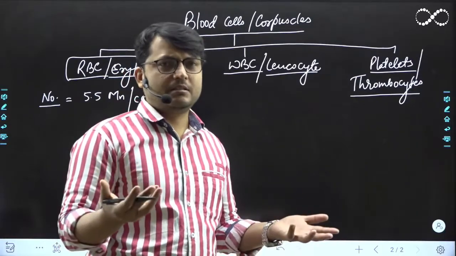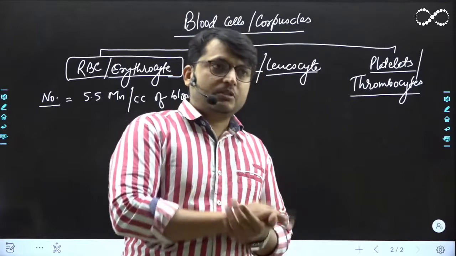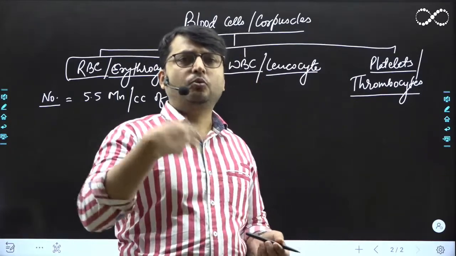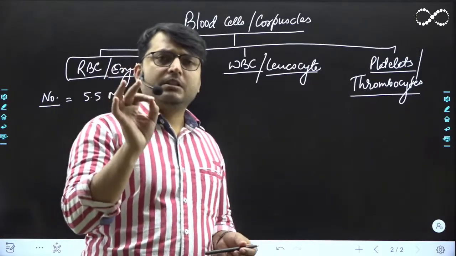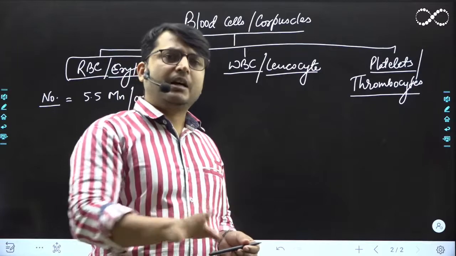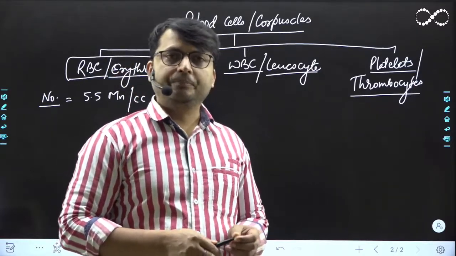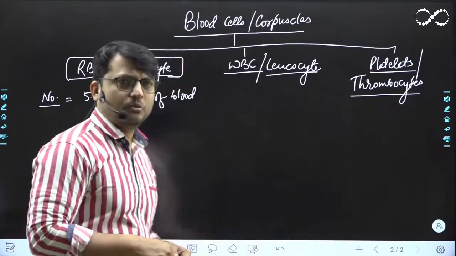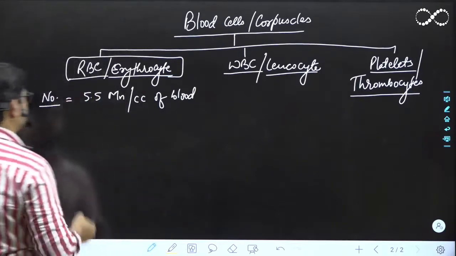तो plasma is pale yellow, transparent है, and आपका जो RBC है that is in very large number, and as a result the whole blood appears red. समझ में आ रहा है? मजे की बात यह है कि ब्लड में RBC को छोड़ करके बाकी सब कुछ ऑलमोस्ट या तो वाइट है या कलरलेस है. समझ में आ रहा है? But since RBC is in such a great number that it makes the whole thing look red. Okay, so number is this much.